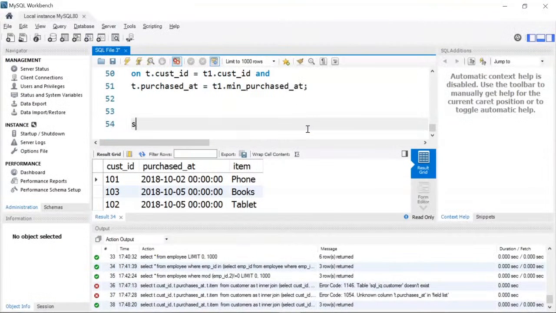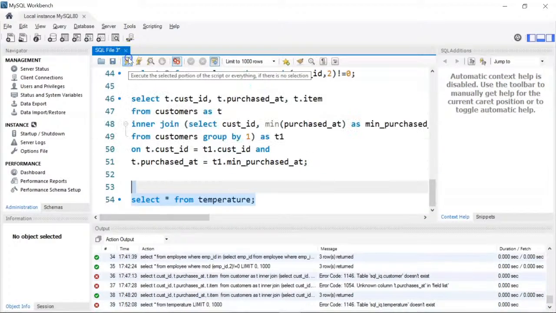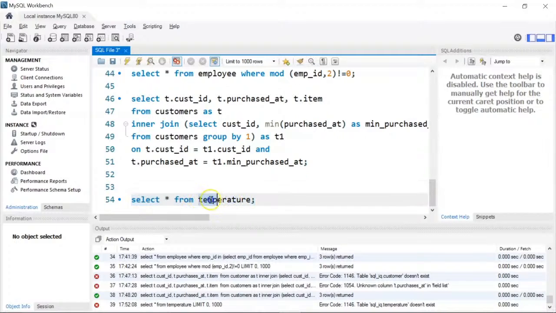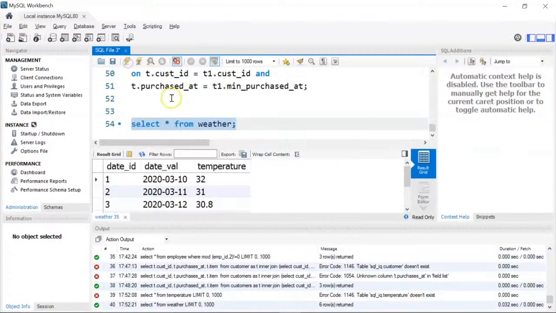Alright, so first let me select all the rows from the temperature table which we are going to use for this particular question. I'll run it. Alright, there's some error. Actually the name of the table is weather and not temperature, so I'll write weather. Let me run it. Okay, so here you can see these are all the rows present in the weather table,